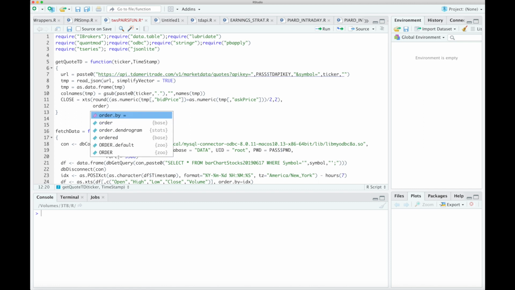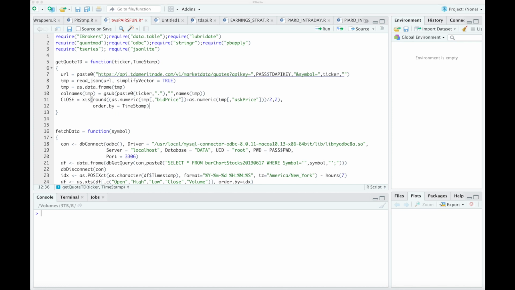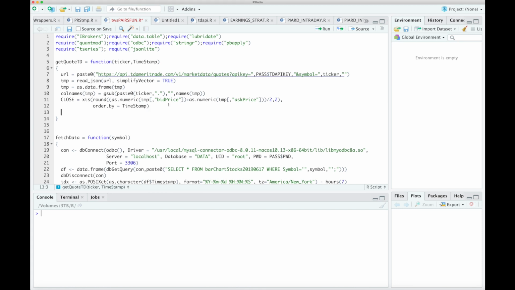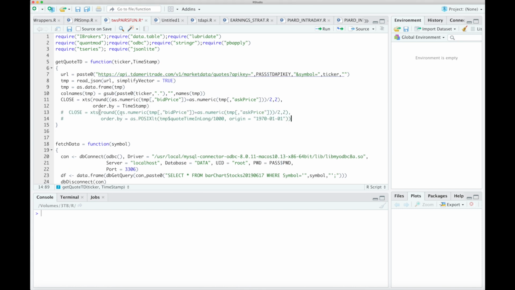And then I'm going to order by the timestamp we are passing through. If you want to get the quote using their timestamp, I'll post the example of that here. So it's essentially the same thing, the bid plus the ask divided by 2. But in this instance, we're going to convert their column that's called quote time and long, and that's in milliseconds. So I'm going to divide the milliseconds by 1000 to get the seconds after the origin, which is 1970-01-01, and that should give you the correct timestamp for this quote. But the reason why I'm passing the timestamp will make sense in the other file that we will go over